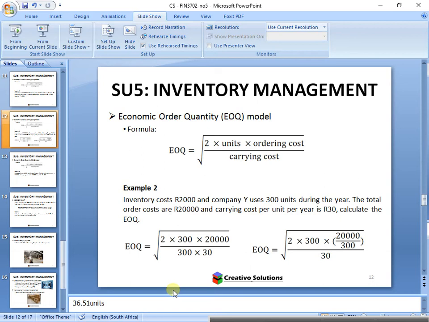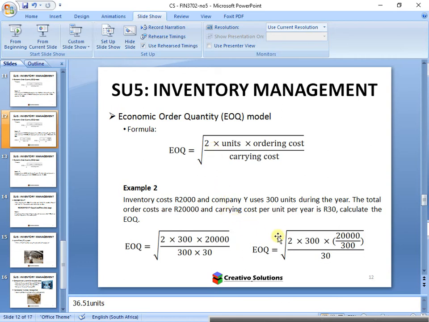This could have been huge items of equipment. This could have been small items. It doesn't matter. We're just looking at costs. We're looking at ordering and we're looking at carrying. Irrespective of what type of item we've got here, remember that's a separate consideration. So we're not looking at how expensive or how cheap this item is. We're just looking at, if I had to buy the item and hold it, what would the cost be